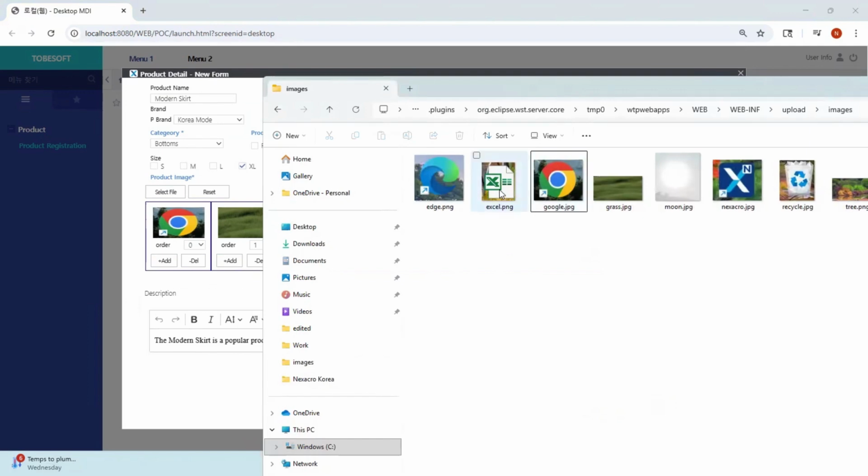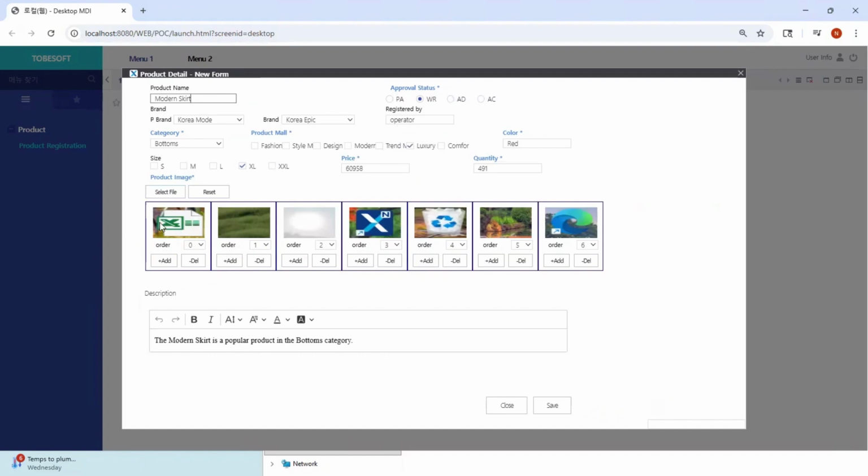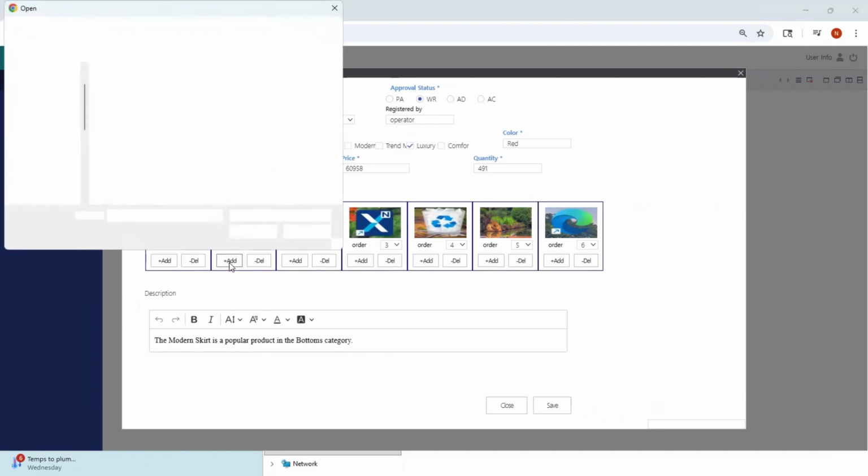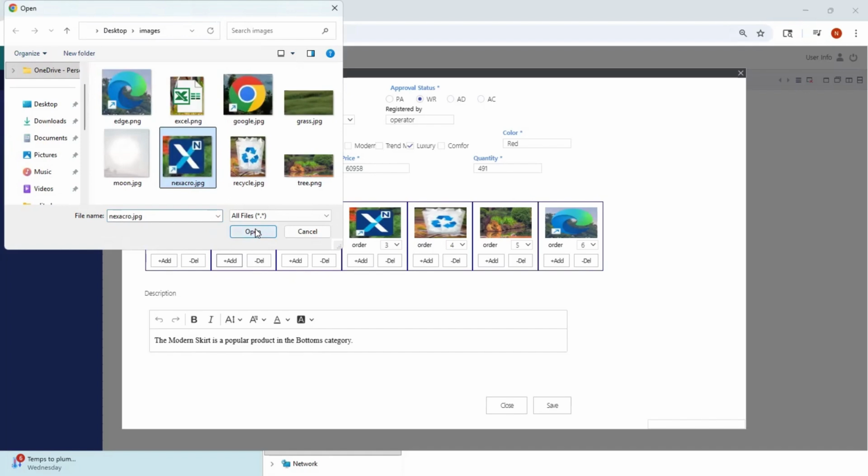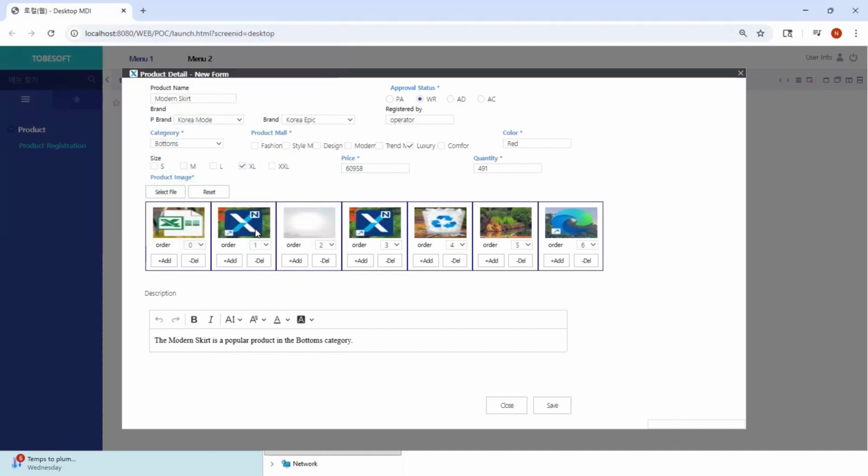You can replace the image if you drag and drop, since there is already an image. You can use add to replace this image. You can change the order of these images. If I want to change 2 with 4, it switches between the 2.